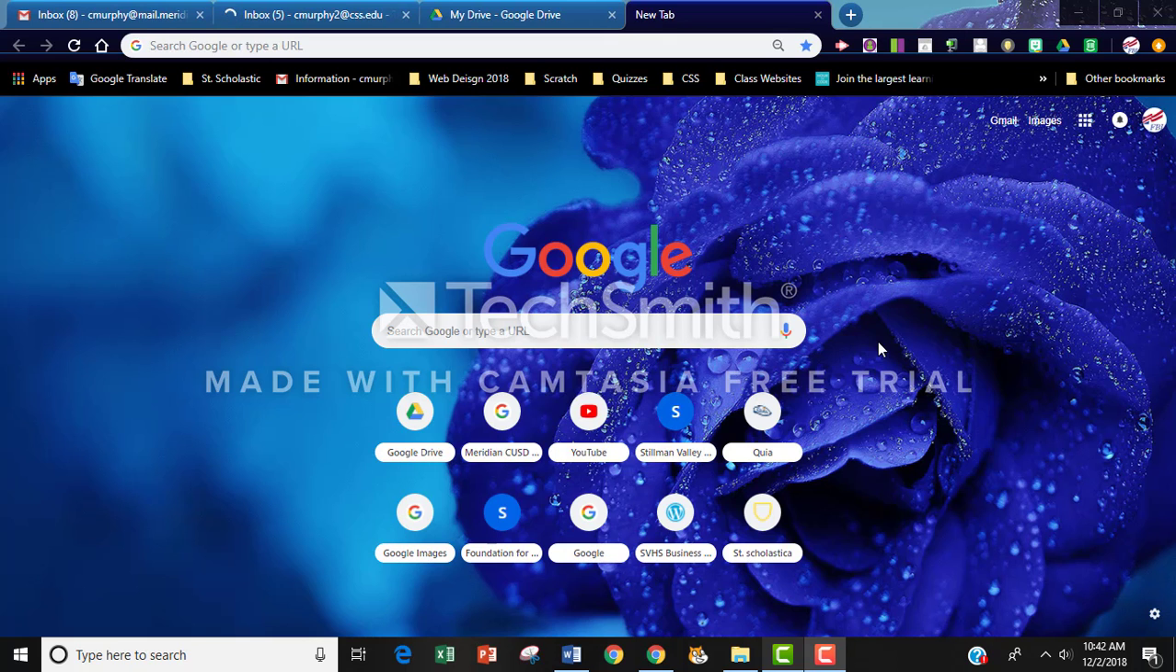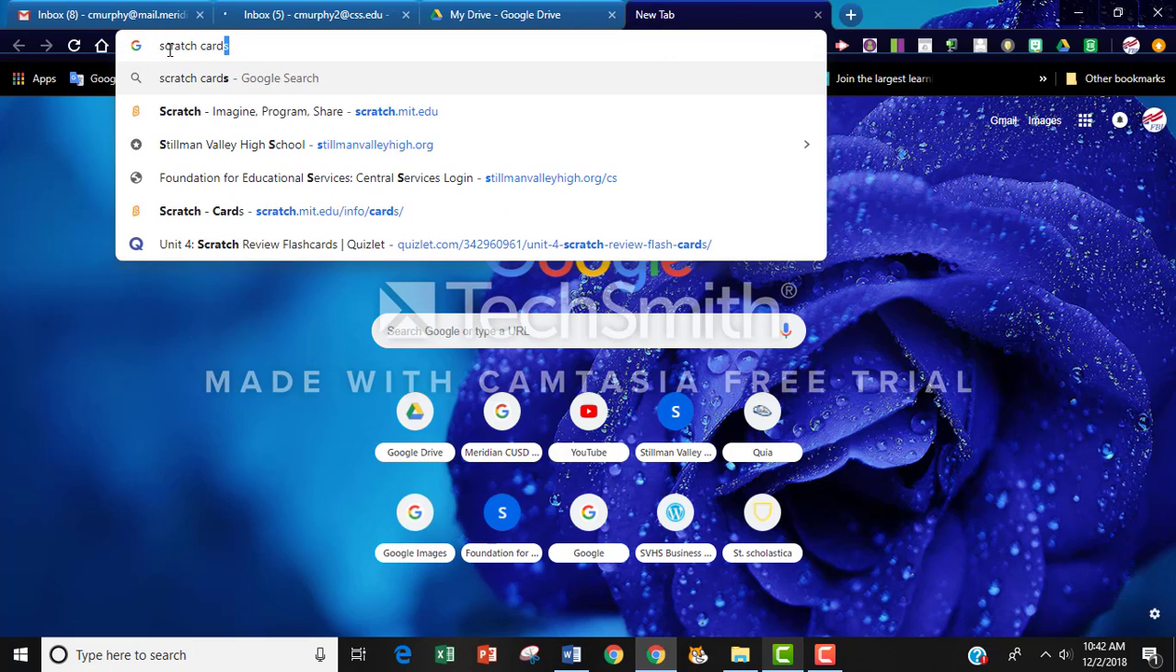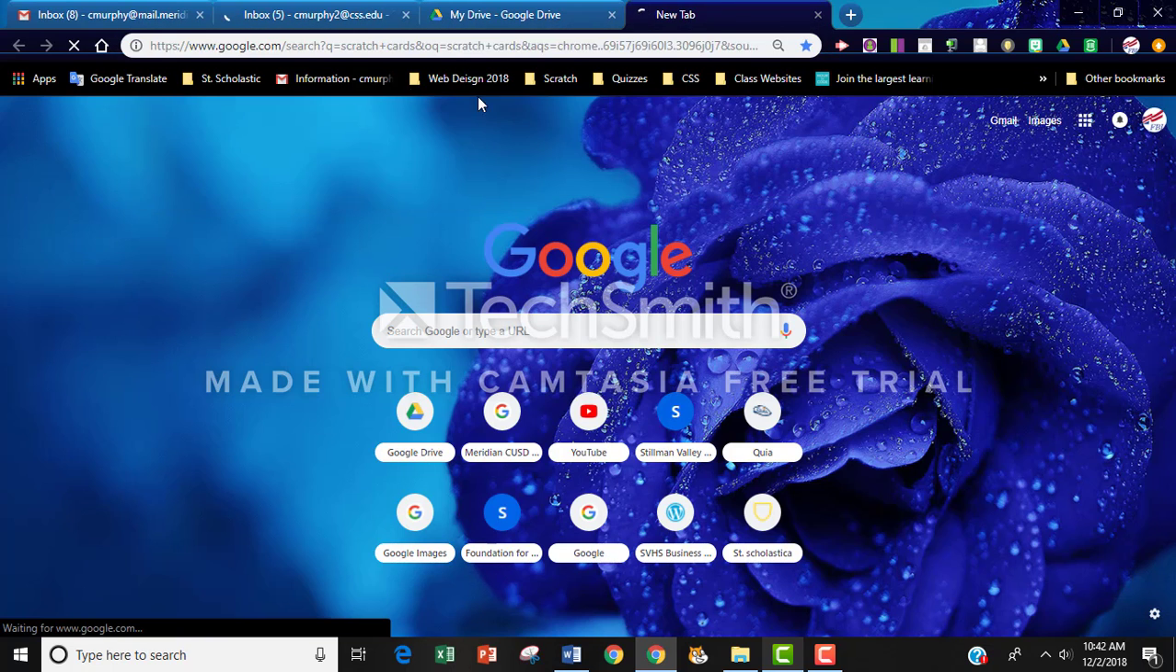Welcome to Unit 4, Scratch Programming, and the mind map for our programming project. The first thing that we are going to do is meet with your team, your partner, and search for a theme. So, together on your computer, you're going to open up a browser tab and type in Scratch Cards. We're going to hit enter,